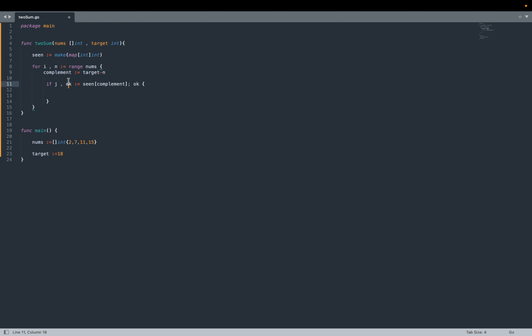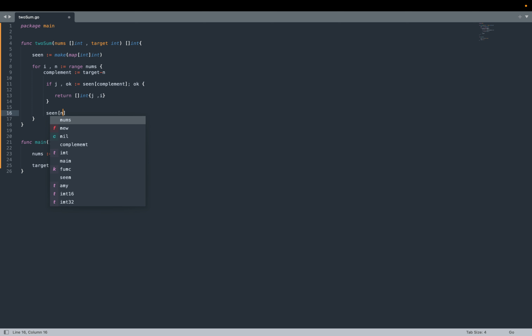So ok is to check existence, whether it is there or not. If it is there, we need to return it, of type int. We need to define j. What is the value of j and what is the value of i, and we are returning the indexes of the array. Okay, I need to define the return type also, so it will be of type array of int, an array of integers. So one thing is missing: I'm not updating the HashMap. We need to update the HashMap also,